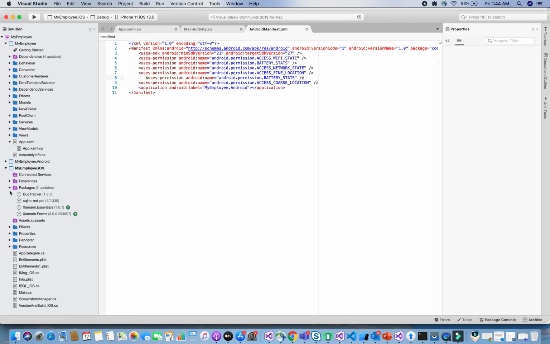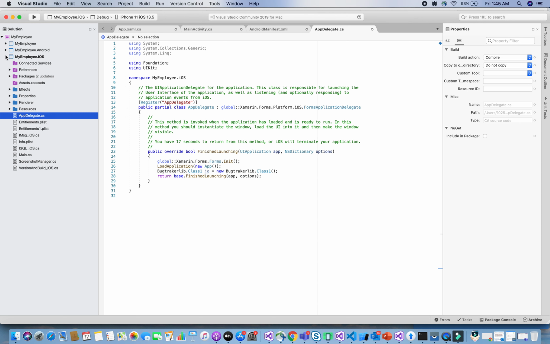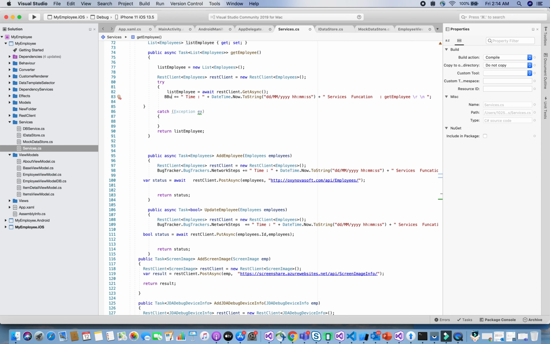I can check my package name here in the iOS device. I can do the same thing for the iOS device. I have to initialize some information on the iOS side also, because it's taking some native features, as with Android. And this is complete. The task has been completed.